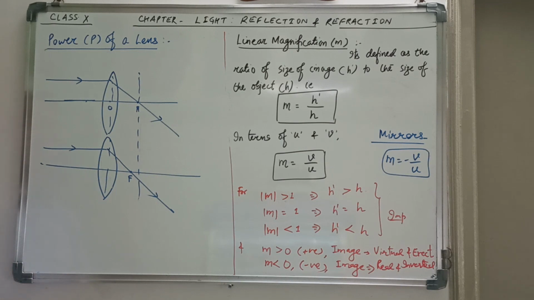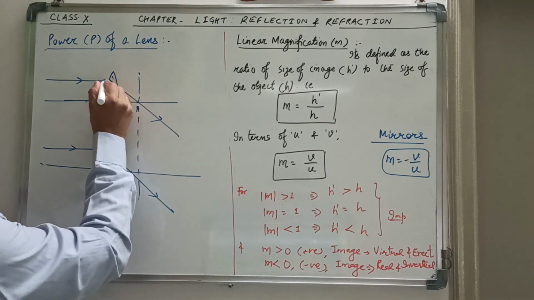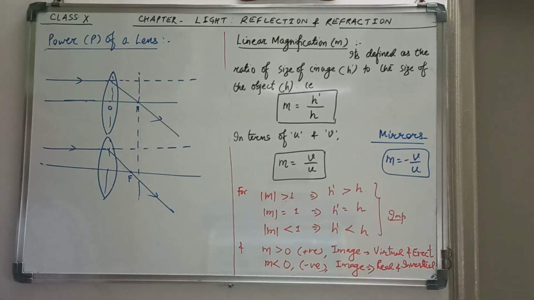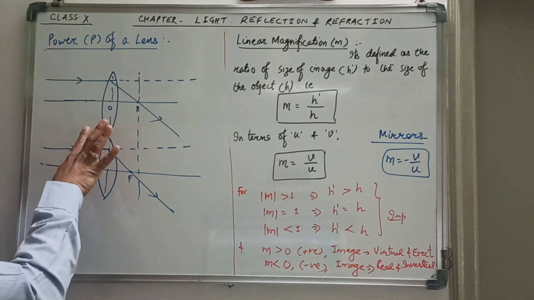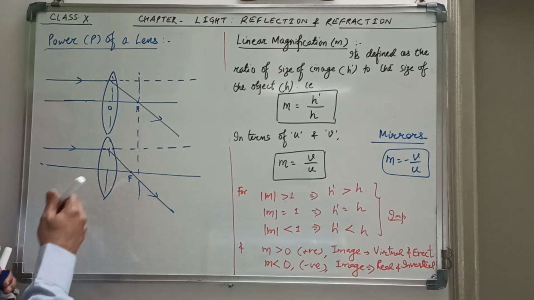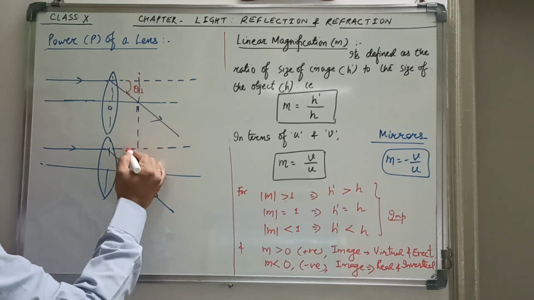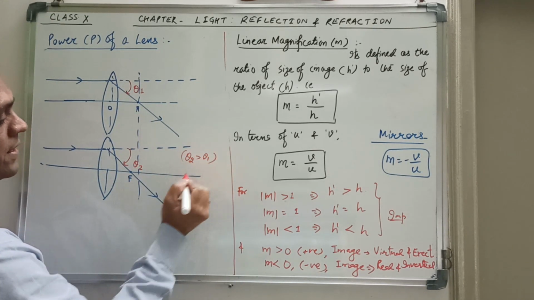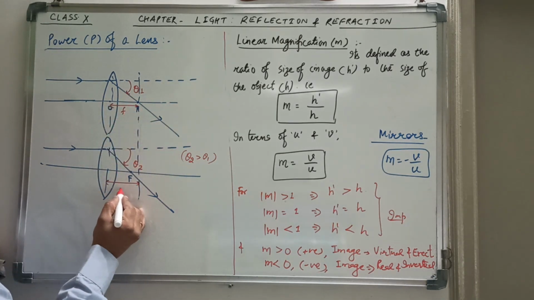So now, if there would have been no lens in the path of the light ray, then the light ray would have traveled along this line and the light ray would have traveled along this line, isn't it? But because of the lens, the light ray has deviated from its path, or we say the lens has converged the light ray here, correct? So by what angle has it converged? In this case, this is the angle by which it has been converged here. And this is the angle by which it has been converged here. And you can see theta 2 is obviously greater than theta 1. Correct?